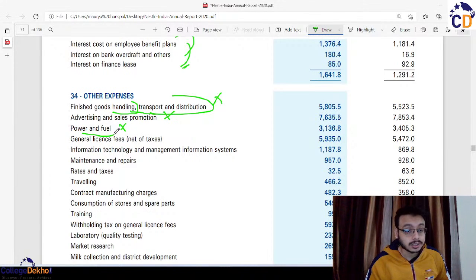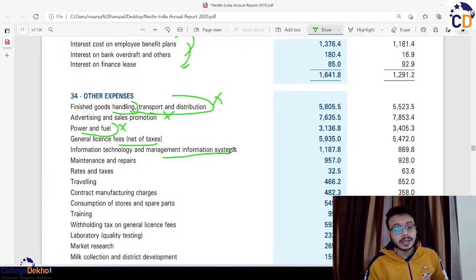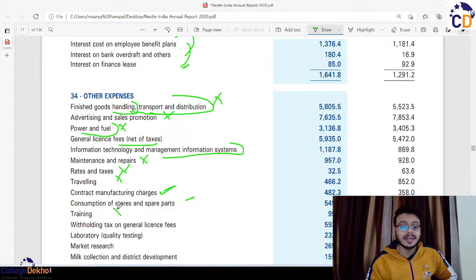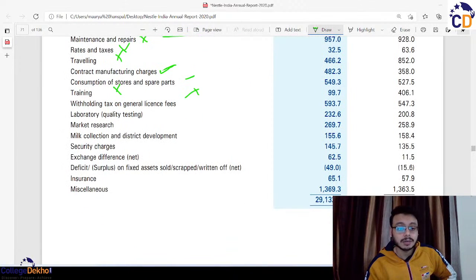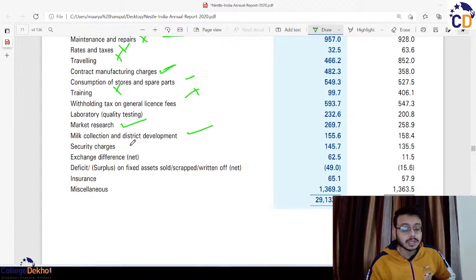पावर एंड फ्यूल हो सकता है, और जनरल लाइसेंस फीस नहीं होगा। इंफॉर्मेशन टेक्नोलॉजी एंड मैनेजमेंट सिस्टम्स नहीं होगा। मेंटेनेंस एंड रिपेयर्स तो बात की बात है। रेट्स एंड टैक्सेस नहीं होगा। ट्रैवलिंग नहीं होगा। कॉन्ट्रैक्ट मैन्युफैक्चरिंग चार्जेस हो सकता है। कंजम्पशन ऑफ स्टोर स्पेयर पार्ट्स हो सकता है। ट्रेनिंग नहीं, विद होल्डिंग नहीं। लेबोरेटरी हो सकता है, बिकॉज दैट इज लाइक बिफोर मेकिंग द फाइनल प्रोडक्ट। Your market research can be there, your bill correction, your security charges,